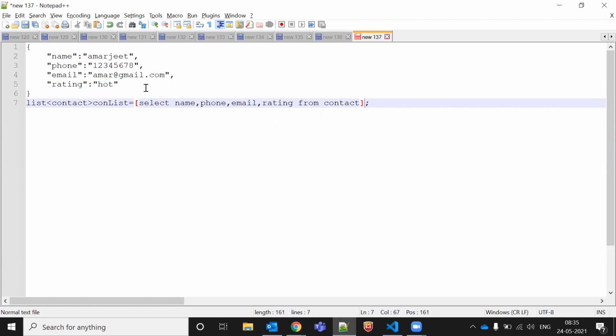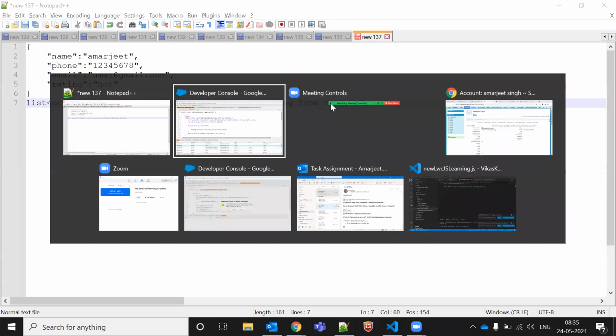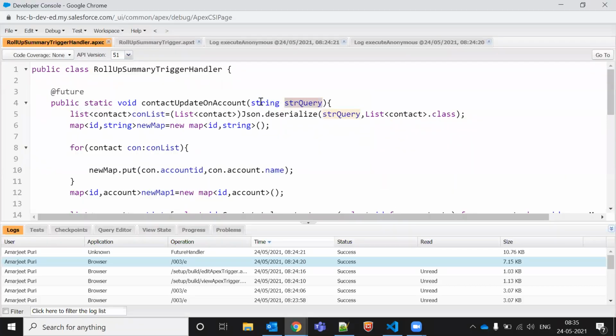To resolve the issue in case of future methods, first we are doing these things in the trigger. After that we are doing these things in the helper class, because we need to do some DMLs and all. We cannot do a list of strings. If you are passing that here, we cannot write the for loop on sObjects, like if your data type is string, not sObjects, right? That's the thing.